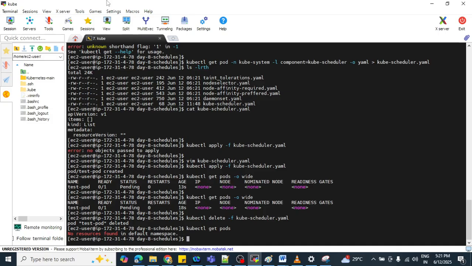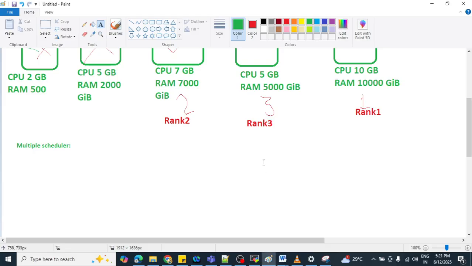Now let's see which type of scheduler we can use in real time. So let's move to the paint. Scheduler overview. I already explained that a scheduler basically watches newly created pods that have no nodes assigned. For every pod that the scheduler discovers, the scheduler becomes responsible for finding the best node for that particular pod.